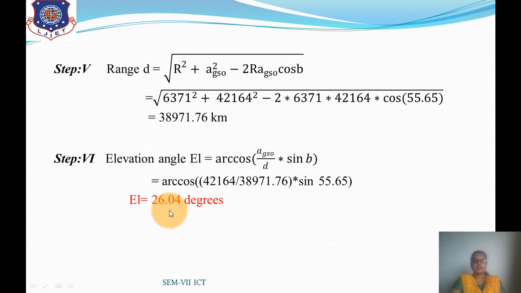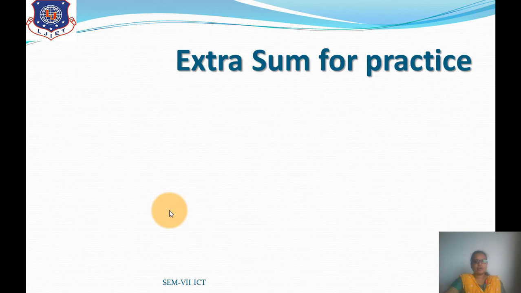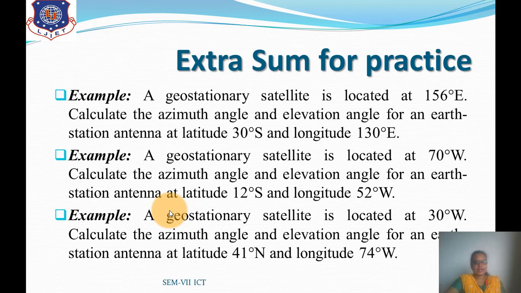Right? So here we have discussed two examples of antenna look angles, and these 6 steps you need to follow each and every time for the antenna look angles. Right? For your practice, there are 3 examples where only longitude and latitude have been changed. So calculate these particular examples, and if there is any query,